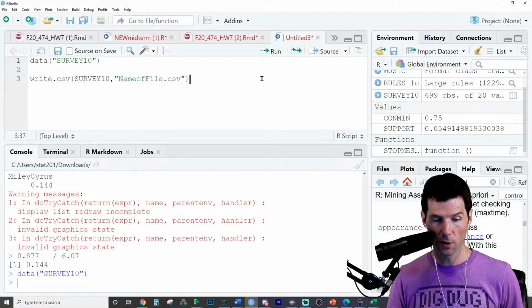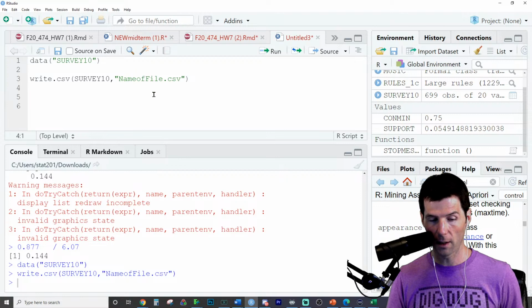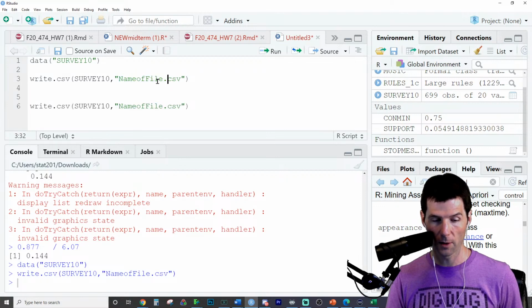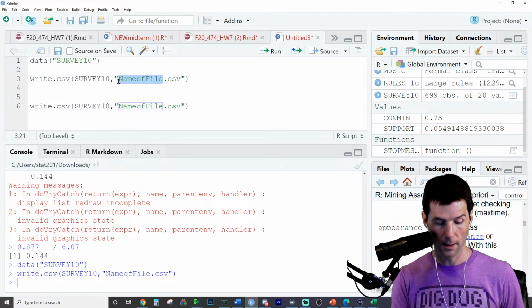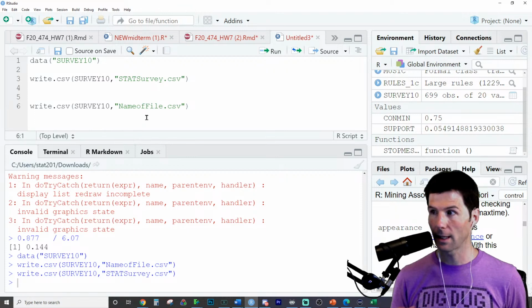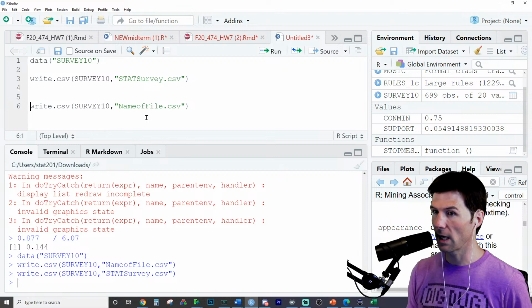So this will write it to name a file on my computer. Probably don't want to call it name a file. Probably want to call it something like stat survey. Like that's writing to my working directory a file called stat survey.